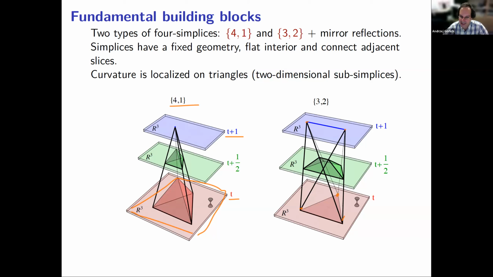Now, let's state the setup: we have a triangulation that is built of 4-dimensional simplices that are glued together. And we also choose the topology in such a way that the leaves of the foliation have a toroidal topology, and we also have a periodic boundary condition in time. So the topology is like T3 cross S1, which would be T3 cross T1, which is just T4.